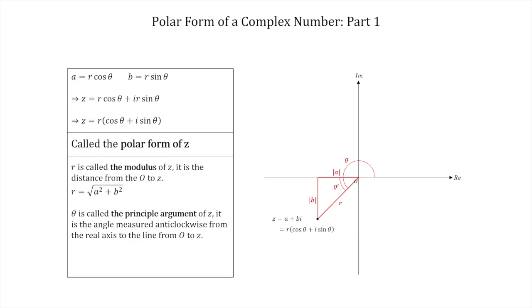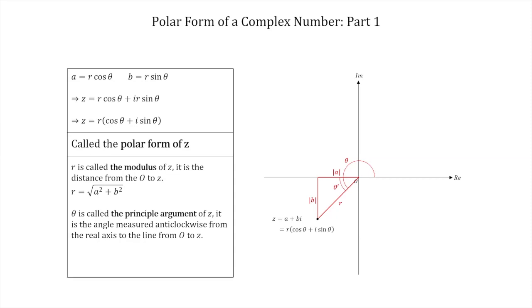But again, if you do the trigonometry to try and find the side lengths of this triangle in terms of theta prime and R, what you will get is that the one side length, so the absolute value of A, is equal to R times cos theta prime, and the absolute value of B is equal to R times sine theta prime. So z is not equal to